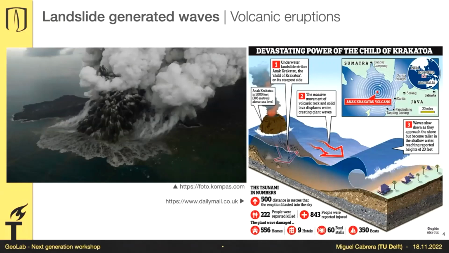The tsunami that was generated in this volcanic eruption caused a bit more than 220 deaths and reached parts of Sumatra and Java. So it really became a serious matter. And if we think of these types of landslides, you can also guess that you can find them in several areas on the coast, just that probably we are not that aware because only a few people live on this coast, but they certainly will interact with several infrastructures.